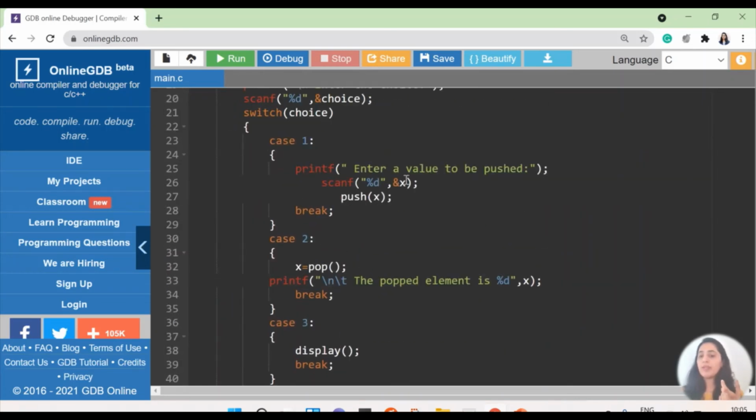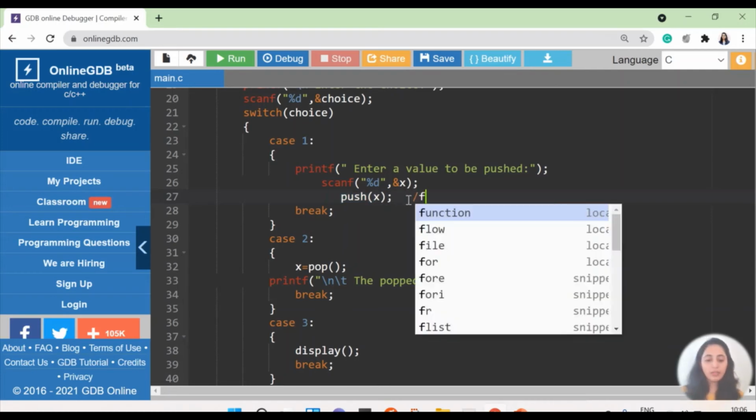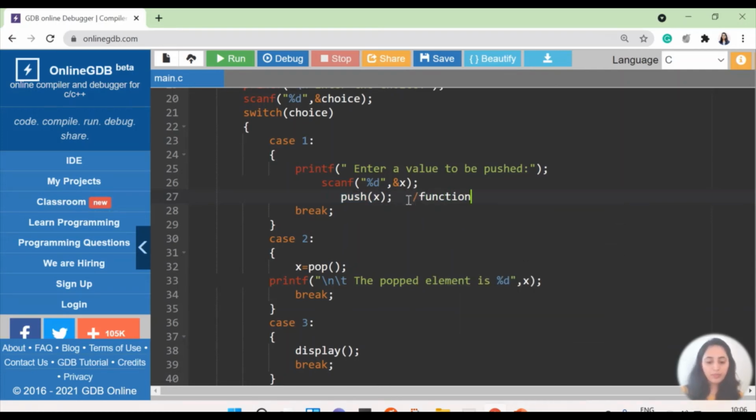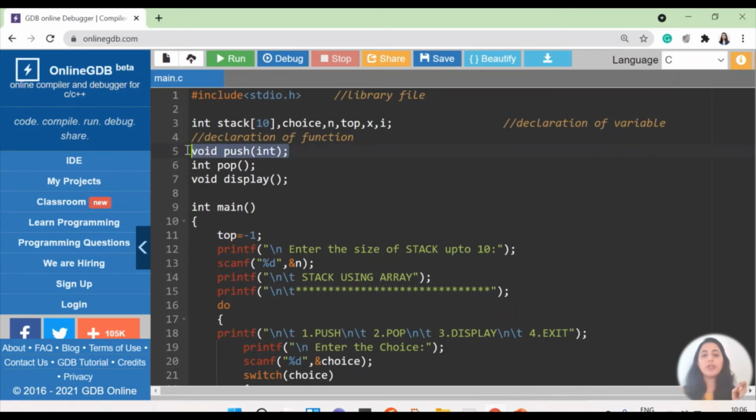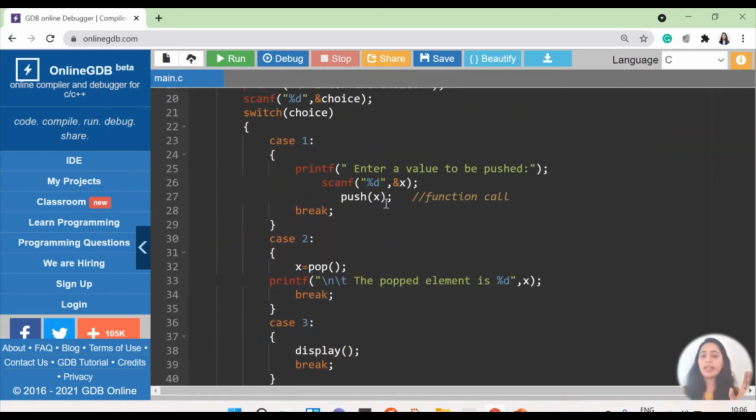So it will scan an integer variable, keep it in x, and that same x is calling the push function. So this is nothing but my function call to the stack, the push function. So the push function is going to take one input and not giving any output. If you go and see the declaration of the push function, it is taking an integer as an input and not giving any output. So void is the output, meaning no output. That's why I just call it like that.